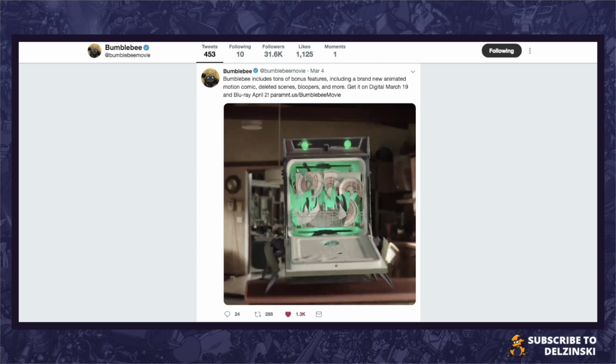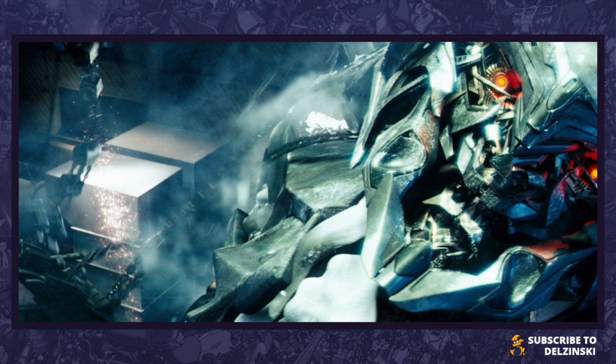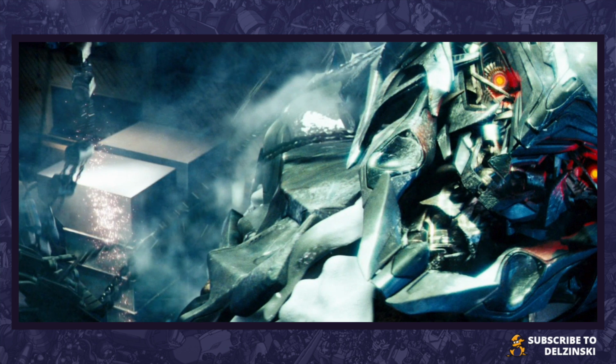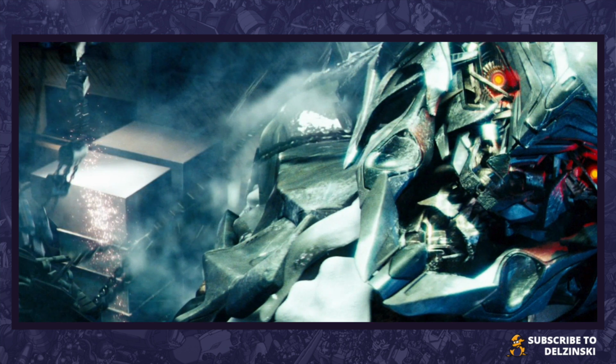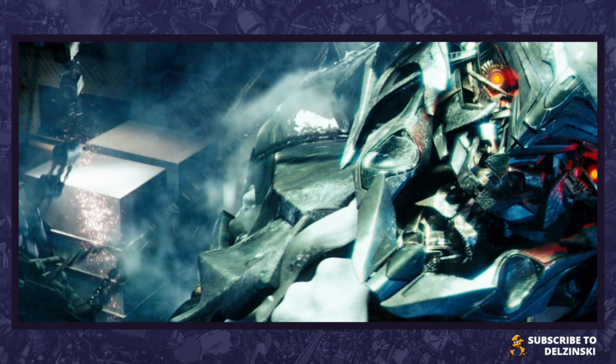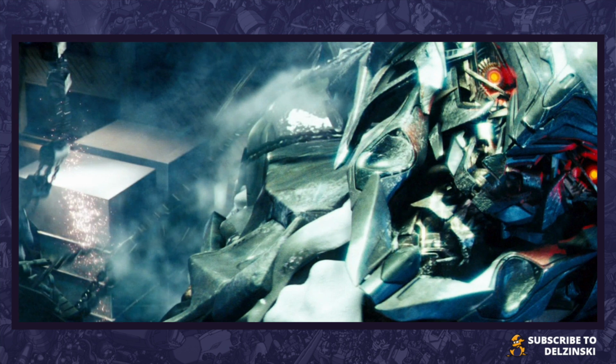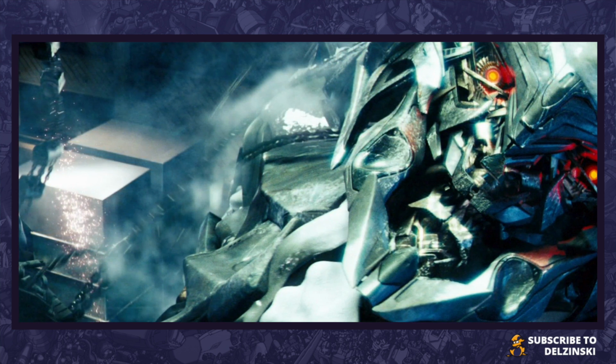So I find this deleted scene very interesting, and if this is what we're going to get to see from the deleted scenes, it may just make you think, well, maybe after all we will get that Megatron deleted scene, and either or it could be Megatron on Cybertron, where Travis Knight decided to deviate away from what Bay had originally scripted within Crash Landing, or it could be that the deleted scene is actually Megatron in the Hoover Dam being held by Sector 7,